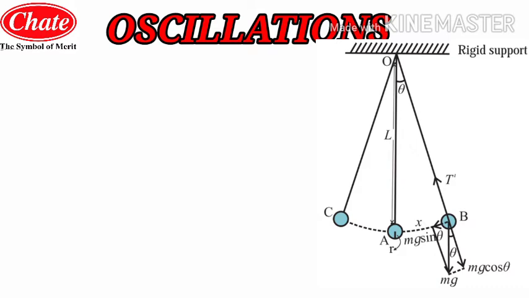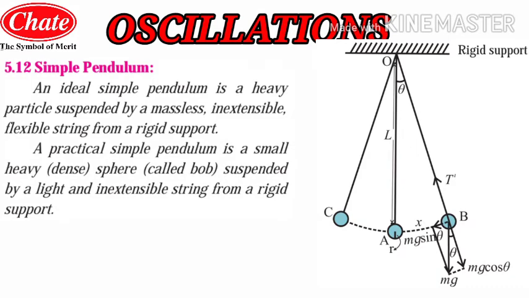As far as the simple pendulum is concerned, an ideal simple pendulum is a heavy particle suspended by a massless, inextensible, flexible string from a rigid support. So this is the definition of the simple pendulum. Or in other words, you can say a simple pendulum is a small heavy sphere called a bob, suspended by a light and inextensible string from a rigid support. So as you can see students,